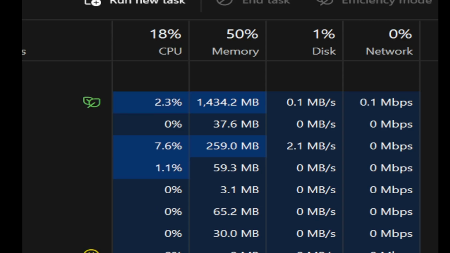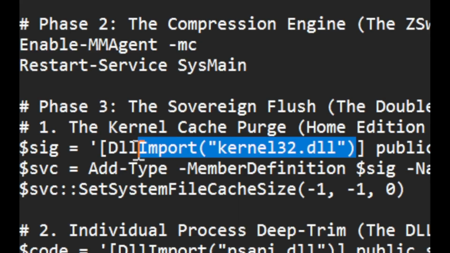Even though Windows won't let me do what I want to do, we're going to get rid of the cache and we're going to do a couple other things to drop these numbers down. Remember, I'm still playing my YouTube in the background. I've still got all these tabs open so that I can see exactly what the actual effect will be when I'm in a workflow. So we've got our DLL import,